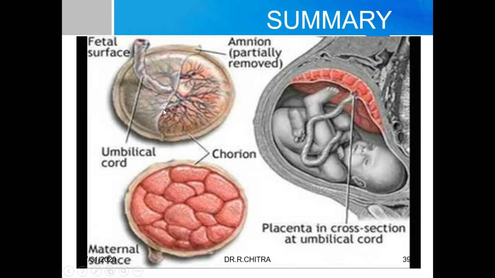We have seen in elaborate detail the development and also the structure of the human placenta, and abnormalities of the human placenta. As this is an important topic in the anatomy practical exam, histology, embryology, we have covered the topic in very detail. The description of the human placenta is also important: discoid, deciduate, hemochorial, and the villus type of the labyrinthine organ. So this completes this topic. We will see in the next embryology topic.